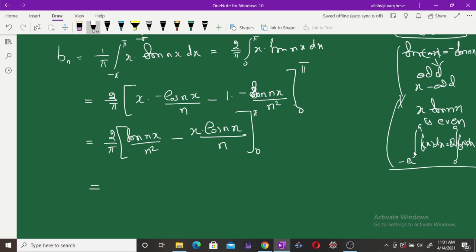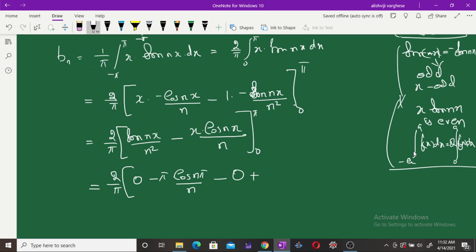So sine n pi is 0 at the upper limit, so 2 pi is a constant, sine pi, sine 2 pi, sine 3 pi, they are all 0, so 0. Then here minus pi into cos n pi by n, then the lower limit sine 0 is 0,